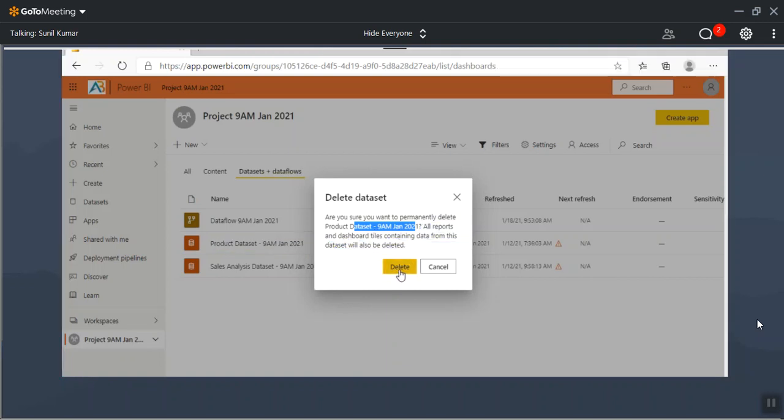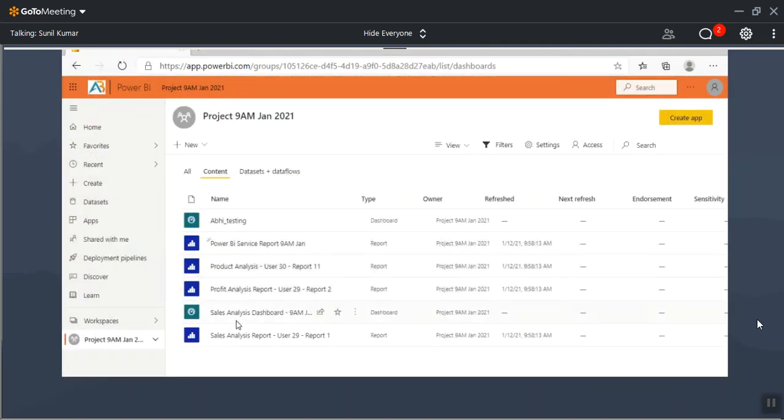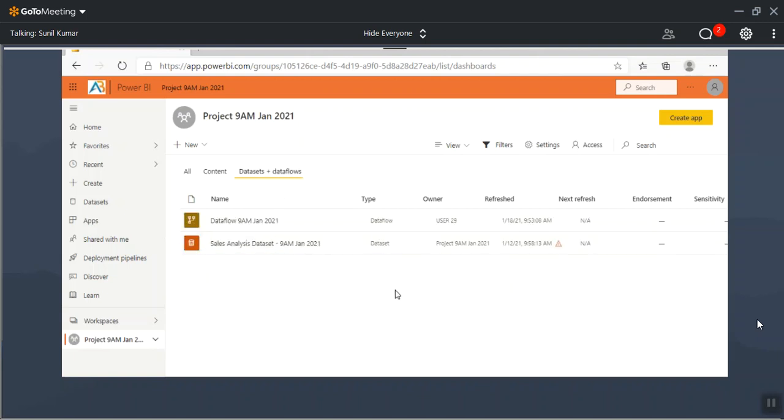Just click on delete. Any report developed on top of it will be deleted, and in the dashboard, the visuals will be deleted. So that is delete, guys.